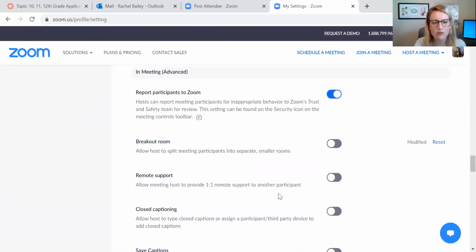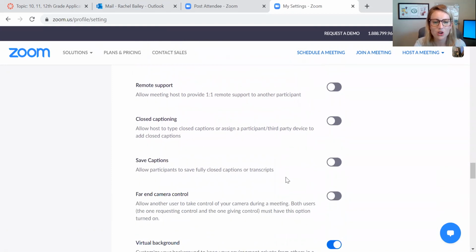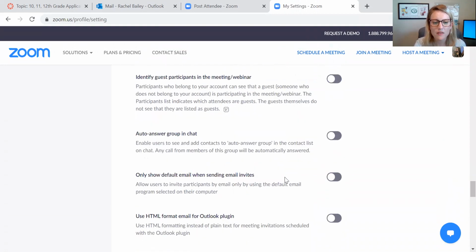I'm looking for the breakout groups. Aha! And there it is. Breakout room, allow hosts to split meeting participants into separate, smaller groups. You've got to turn that on, because otherwise you're doing your meeting and you go to click on breakout and it's not there. All right, so there's all these options, but probably, in my opinion, the one that's most important